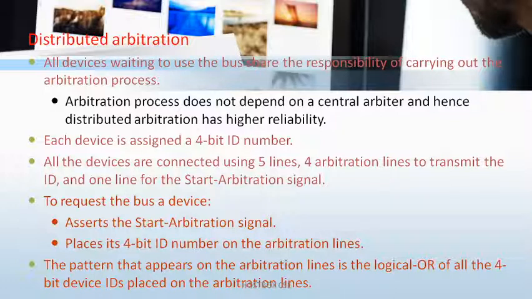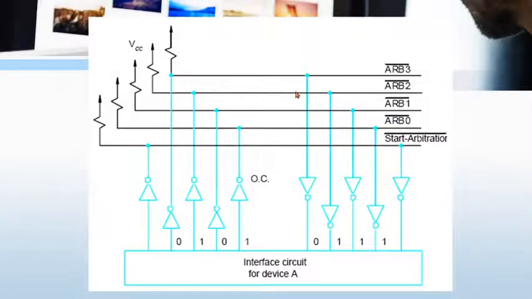Then, to request the bus service, a device asserts the start arbitration signal first, then places its 4-bit ID on the arbitration lines. Here is the diagram. These go deeply into the electronics subject, so please try to understand how the start arbitration signal works. This is the interface circuit for devices accessing I/O devices, where you have signals 0101 and 0110 and so on. You already know digital circuits and digital logic design, and you also have an idea about EEE, so you can understand this voltage diagram.